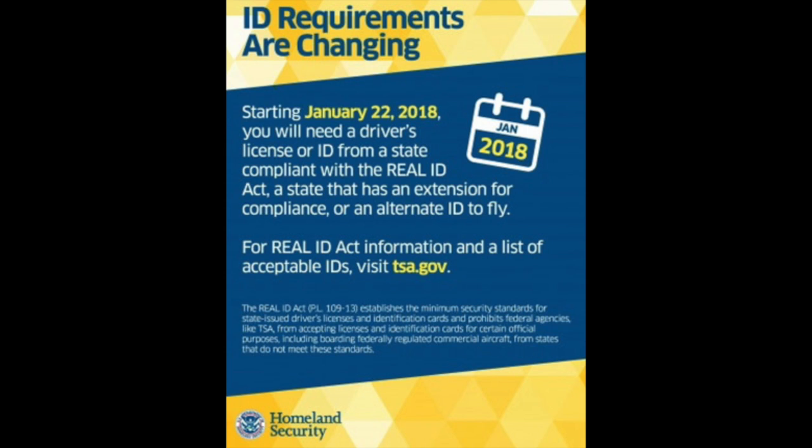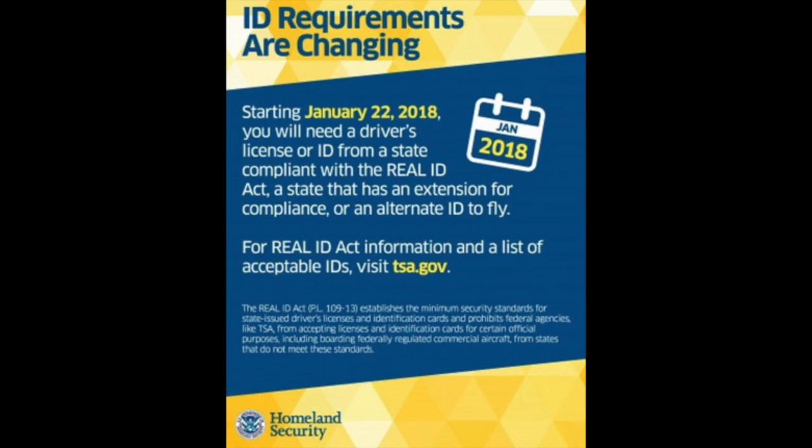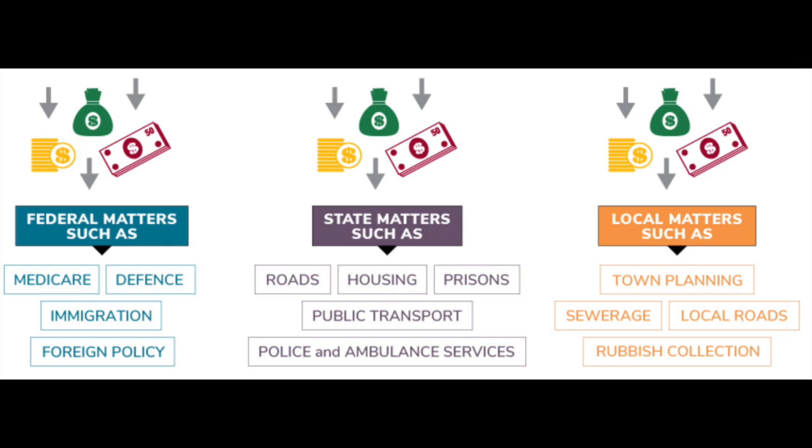The REAL ID Act is an example of an unfunded mandate, where certain security features were required on ID cards to enhance public security. It was estimated that the REAL ID Act could cost states more than $11 billion over 5 years. There are some topics in government that belong to the federal, state, and local governments. Matters of national interest, such as foreign affairs and national security, belong to the federal government. Garbage and recycling collection is a matter of local government.